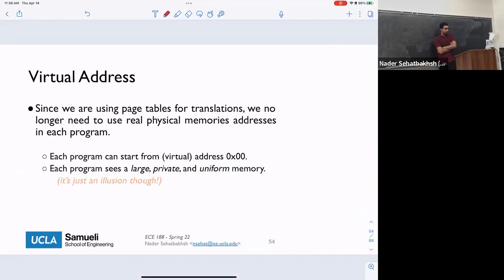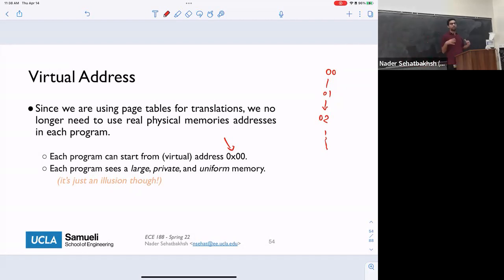All right. So as I said, this is the concept of what's called a virtual address. Essentially, we start with address 0. Each program thinks that it has uniform access to the entire memory, so addresses start at 0 and incrementally go to 1, 2, 3, and so on. Each program thinks that it has a uniform, continuous memory.